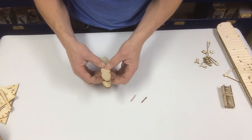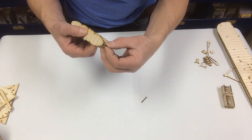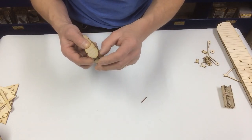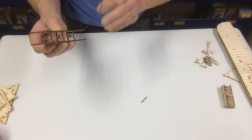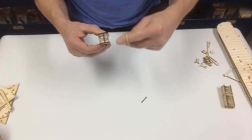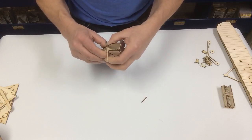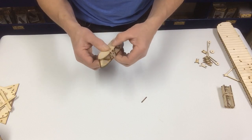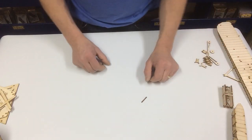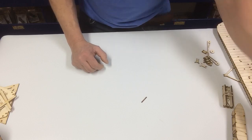Okay, we got that put together, and at this point, a little drop of glue on the ends of, I think that's E4, and we're going to slide it on. And at this point, we're only doing one end. Okay, we're going to come back to that here in a little bit. Just makes it a little easier, but I am going to put a rubber band on here as if it was getting glued up. Okay, we're going to set that to the side, and we're going to move on to our motor assembly and